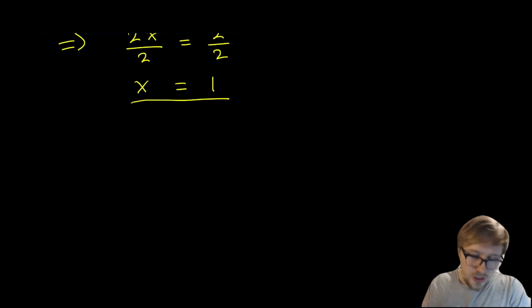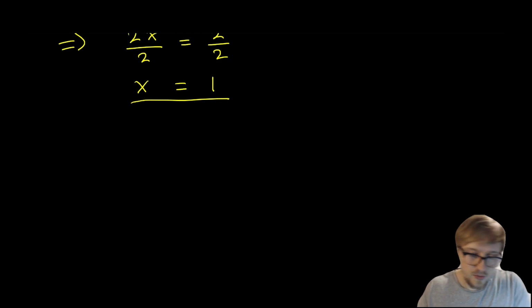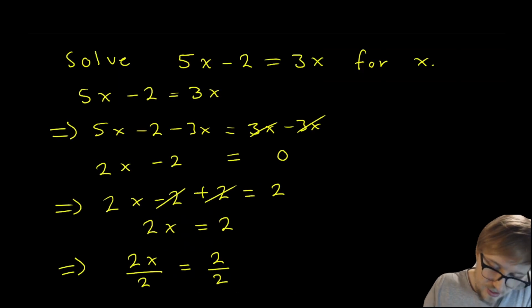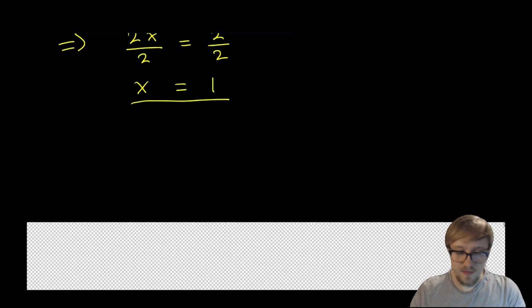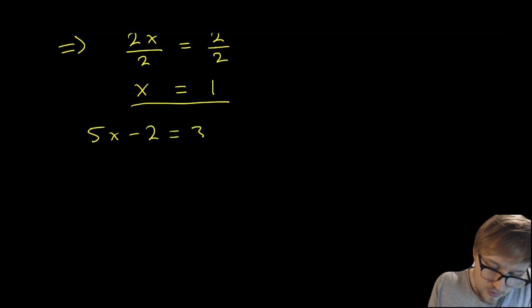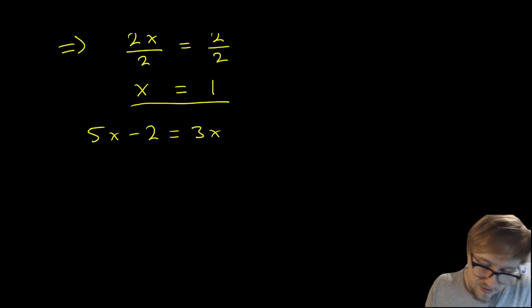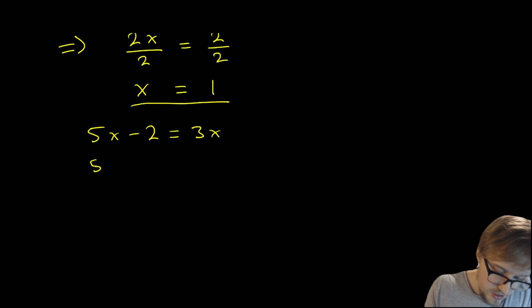Again, we want to check whether or not this is a correct solution. So we plug it back in. Let's go back and check here. The original equation was 5x minus 2 equals 3x. So let us write that here. 5x minus 2 equals 3x. And let's plug in x is equal to 1 here. So we're going to have